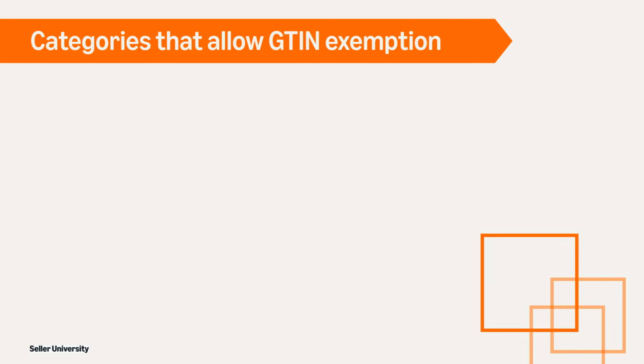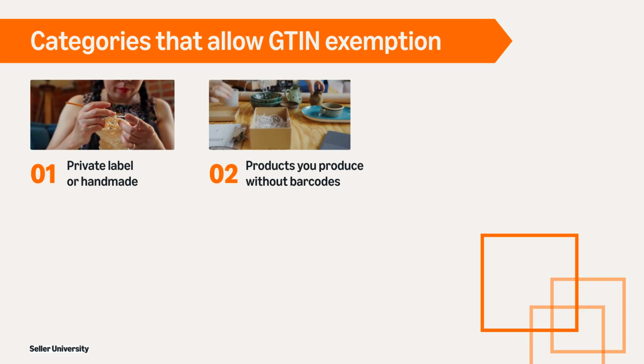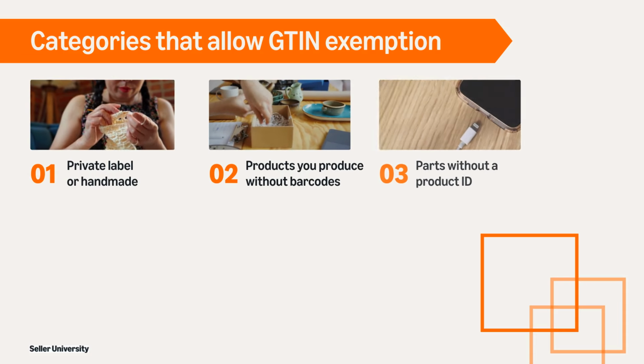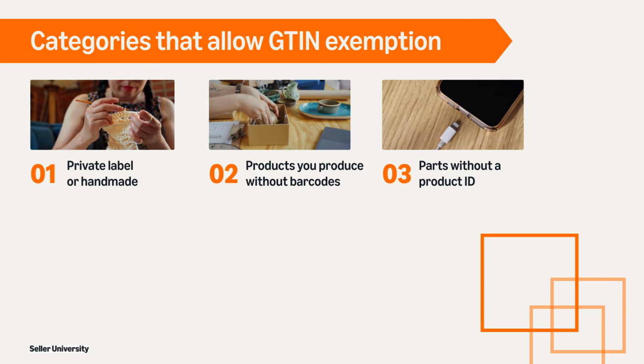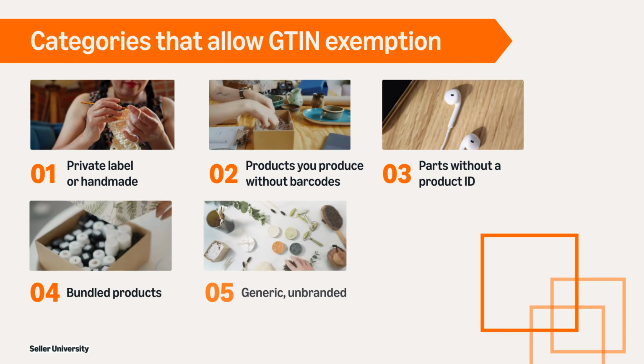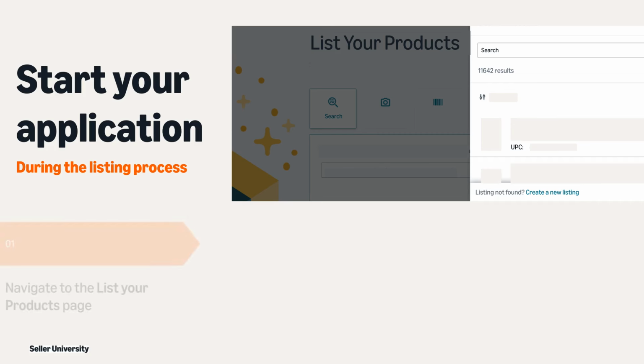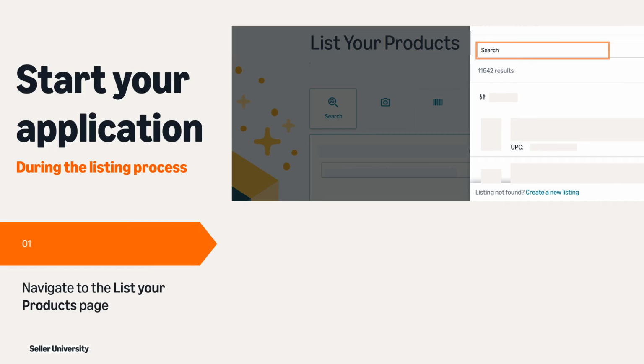These include private label or handmade products, products that you manufacture, brand, or publish without barcodes, parts without a product ID, for example, auto parts or mobile accessories, bundled products, for example, a belt and wallet pack, or generic unbranded products. To start your application, go to the List Your Products page in your selling account and enter your product